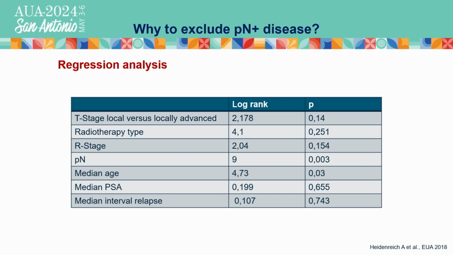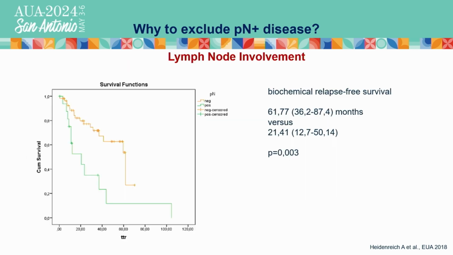imaging studies. We have looked at some patients, why they should not be treated by radical salvage prostatectomy, and especially patients who have positive lymph nodes at time of salvage prostatectomies are the ones who only have a short period of time in which they will benefit. This is just the analysis of our patients. So if you don't have a positive lymph node, your mean biochemical relapse-free survival is more than 5 years. In patients who have been diagnosed with organ-confined disease, it's more than 8 years. If they have positive lymph nodes, it comes down to 1.5 years.